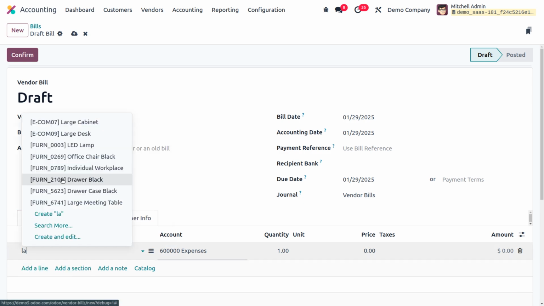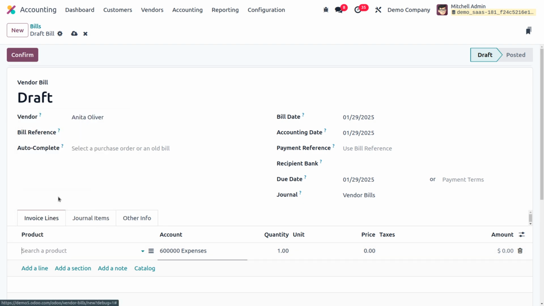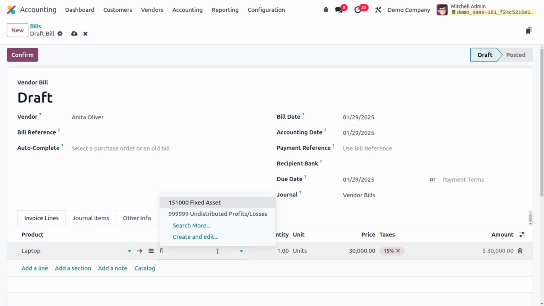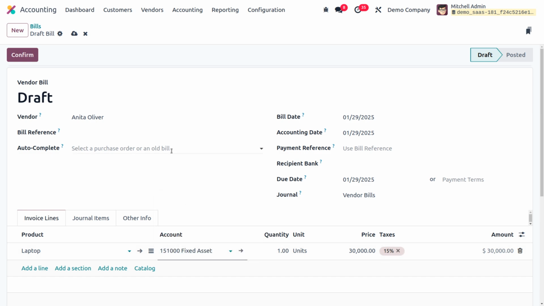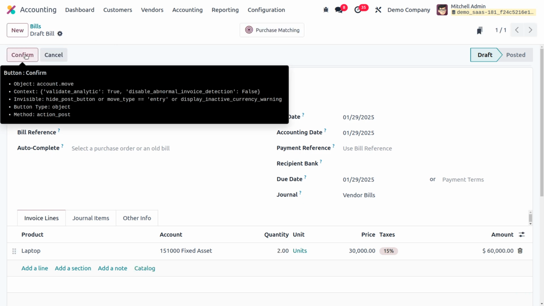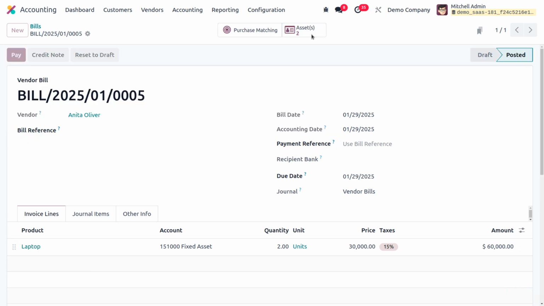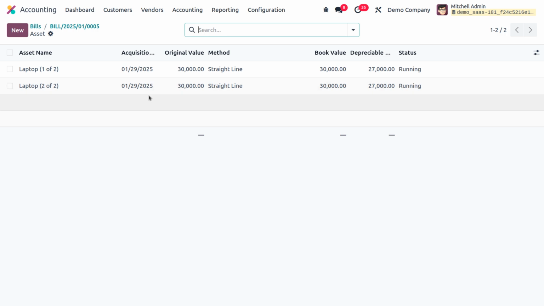Always ensure that you have provided the proper product, because when you create a model for one of the products and you use another product, the asset won't be applied there. We also need to give the fixed asset account over here, and I would like to provide the asset quantity as 2. As we want to manage the items, whenever we confirm the bill, 2 assets will be created. We can separately manage that. So you can see 2 assets are created over there.